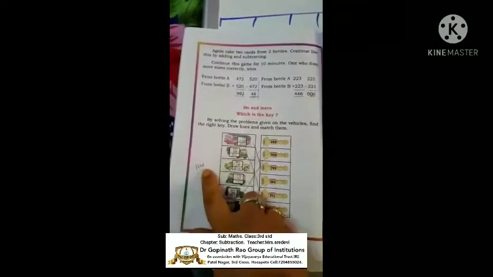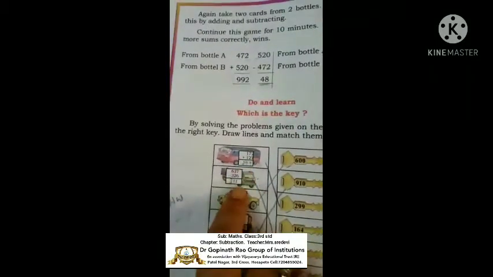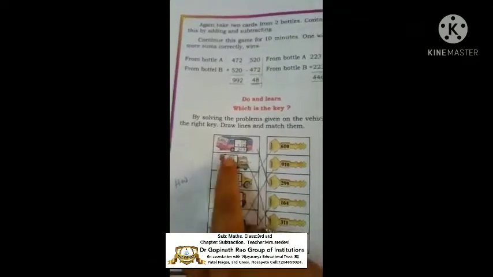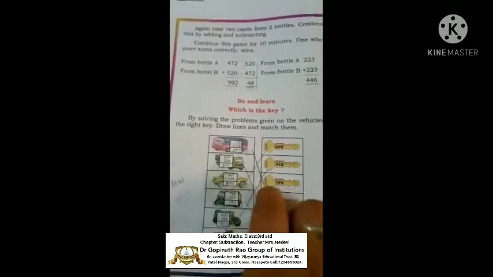So in the last class I gave this as homework for you all. What will you do? See here, some of them are addition and some of them are subtraction, children. You have to do accordingly, match and select the exact key. Okay. Next is the estimation difference.